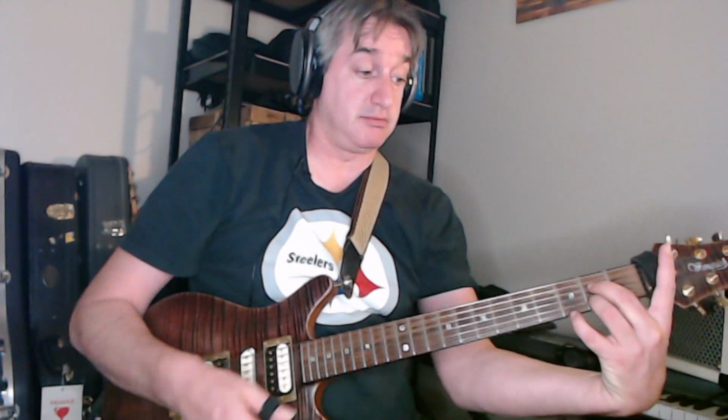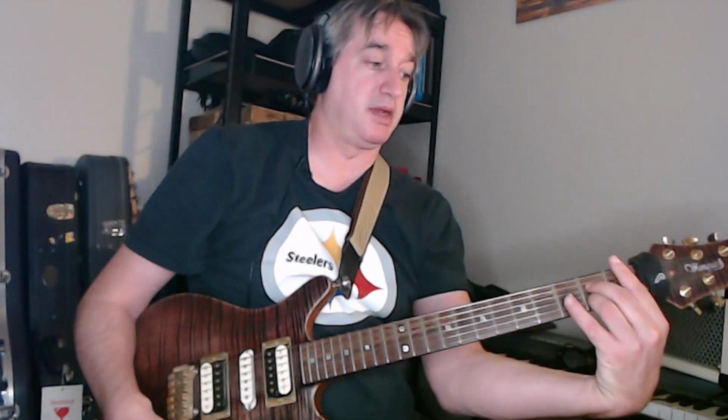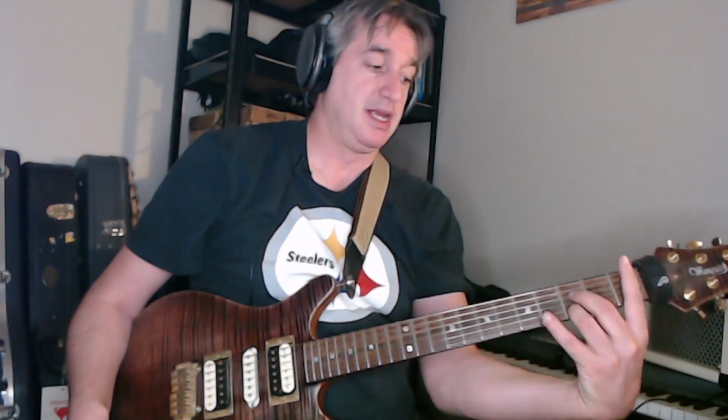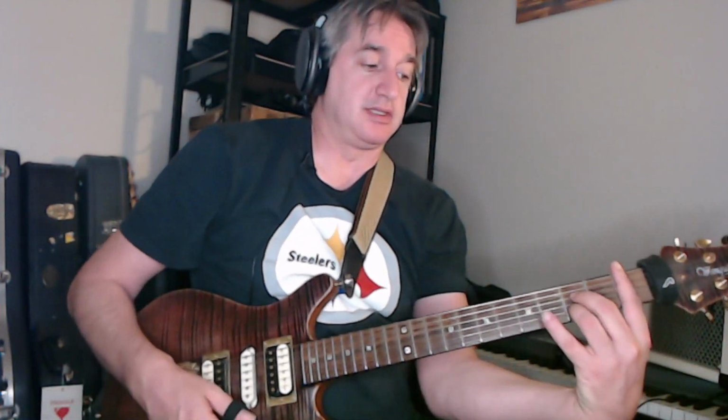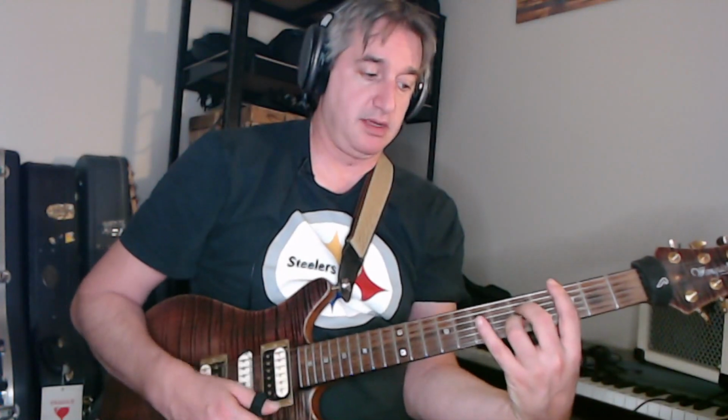If I take the entire finger shape, I place an imaginary barré at fret 0, and I start transposing it as usual, I can obtain all the rest of the keys. That's why we call it a shape. Hence, this is B flat 7, this is B7, C7, C sharp 7,